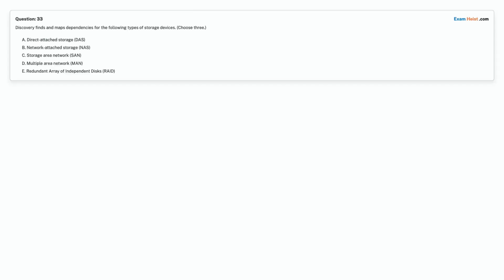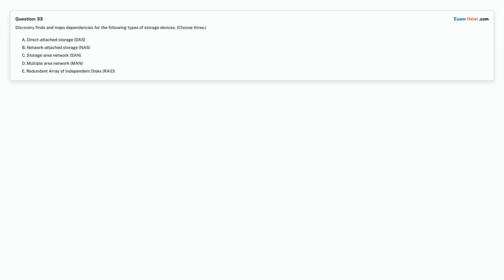Question 33. Discovery finds and maps dependencies for the following types of storage devices. Choose 3. Option A, direct attached storage, DAS. Option B, network attached storage, NAS. Option C, storage area network, SAN. Option D, metropolitan area network, MAN.